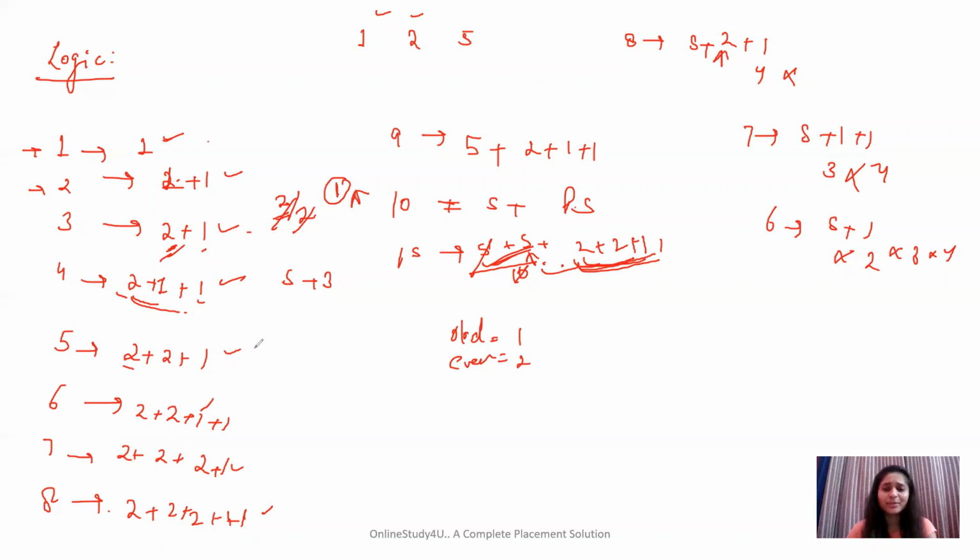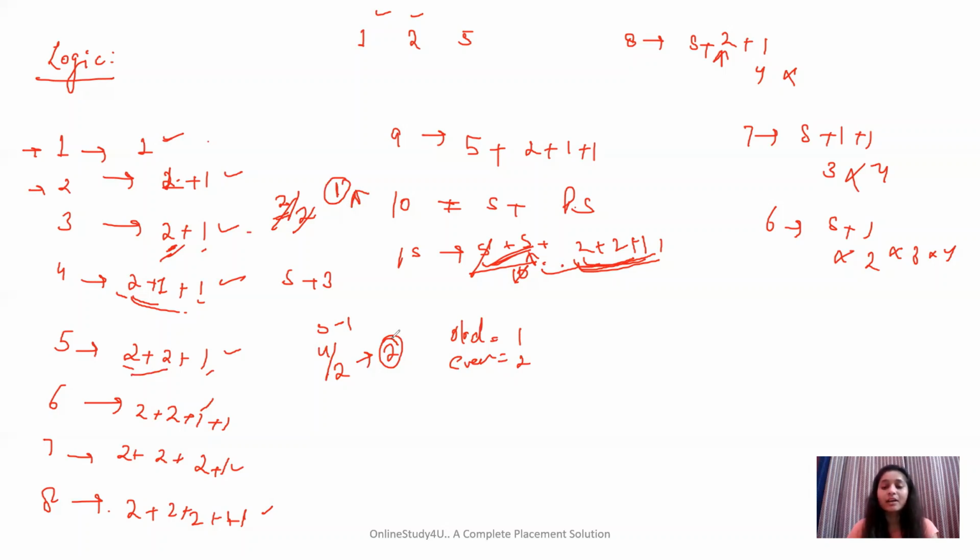I guess it got a little bit confusing, so let's try with this also. I have 5 and here the number of 1s is 1. So 5 minus 1 is 4. Now if I divide 4 by 2, it will be 2. So the number of 2s is 2. And you can check this also. So for 2 also we got the pattern. For 5 also we got the pattern.